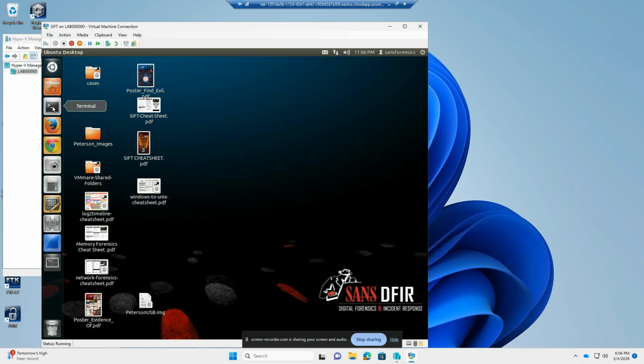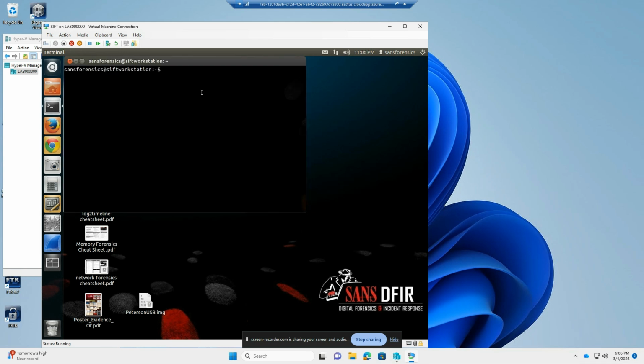So first, let's go into terminal. And we'll need to change the directory to where the file is located. For my workstation, it is located in the desktop directory, so we'll change it to that. So change directory